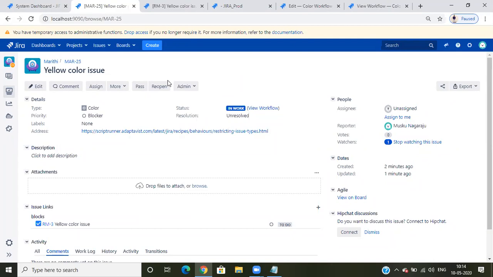What happens is the same ticket will be created automatically in the testing project. Suppose I've created Maruti development and Maruti testing. So when I click on this transition, the same ticket will be created in the testing project. The testing team will work on that project only.